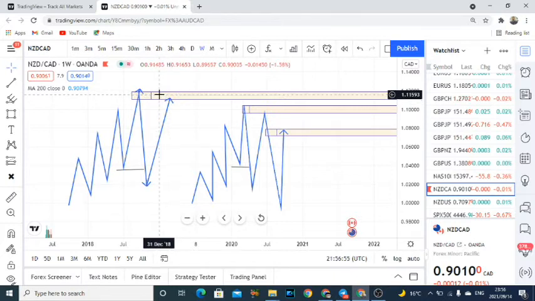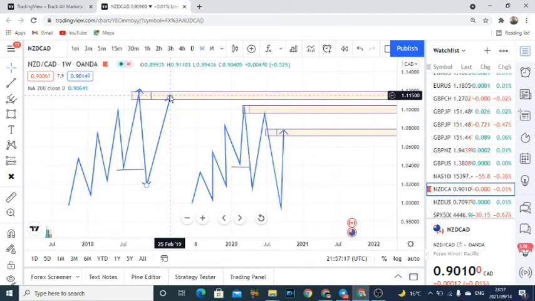Okay, what are you going to do to get a high probability trade on this low probability area, on this low probability trade? You can get a high probability trade on this one. How are you going to do it? Let's say this one was a daily time frame. You go to the order block here on a daily time frame. Okay, your market is right here now. What are you going to do now?